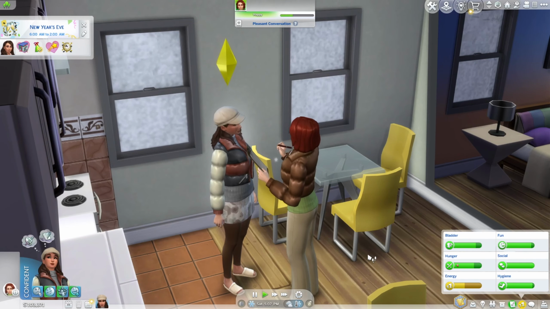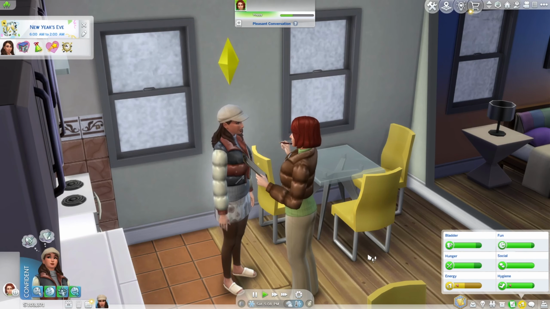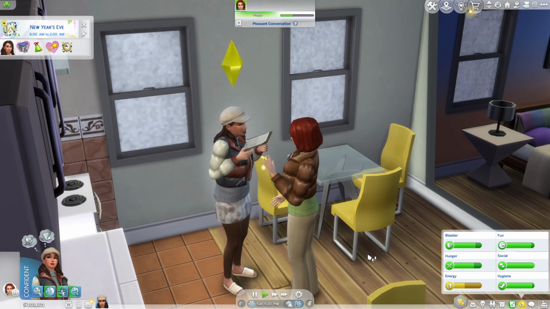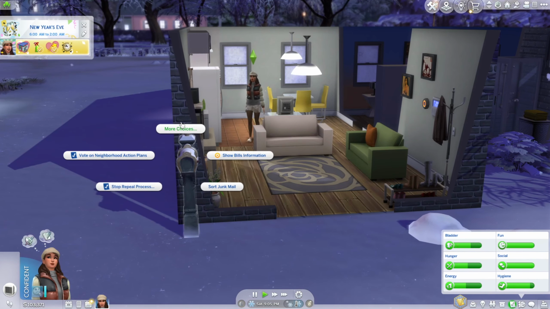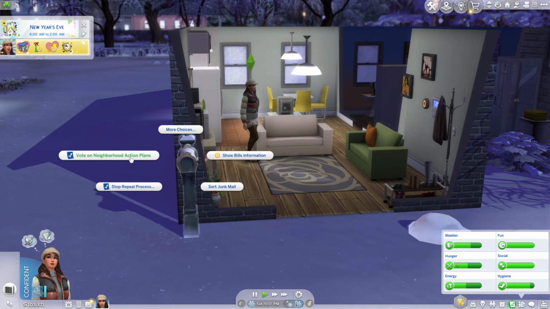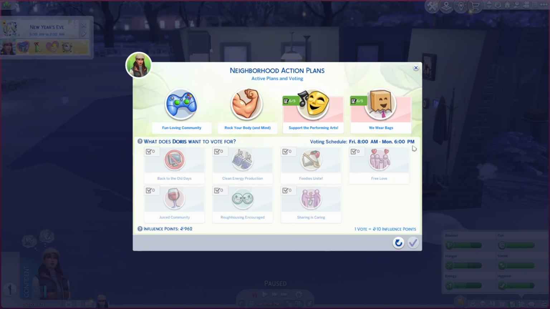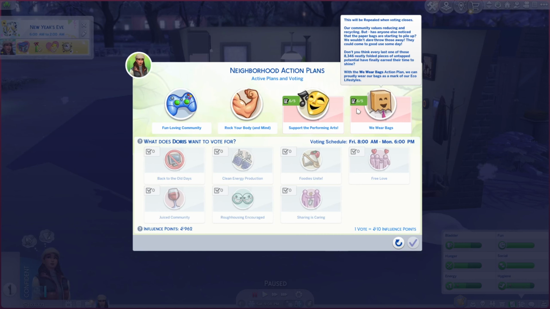And if you are not sure whether you have asked enough sims and whether you have enough signatures, there are two ways you can check. First option is to click on your mailbox, then go for more choices and vote on Neighborhood Action Plans. And then you will see that I have 6 out of 5 signatures, which means I have enough